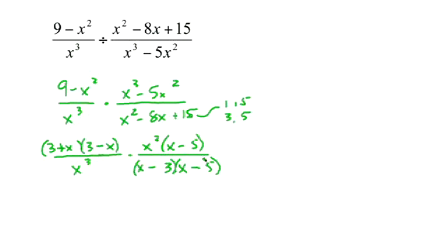Time to cancel. Okay, we see the x minus 5s. They're gone. We see that 3 minus x and x minus 3 situation, and look closely. Again, 3's positive, here it's negative. Here the x is negative, here it's positive. So when that situation occurs, cross it out and add a negative somewhere. That's a negative 1. The last thing, we haven't had this happen yet, is our monomials out in front can be